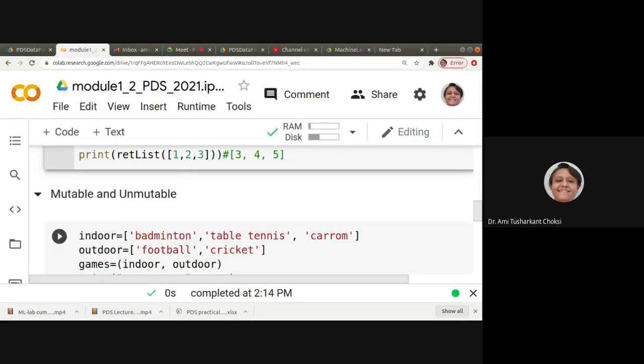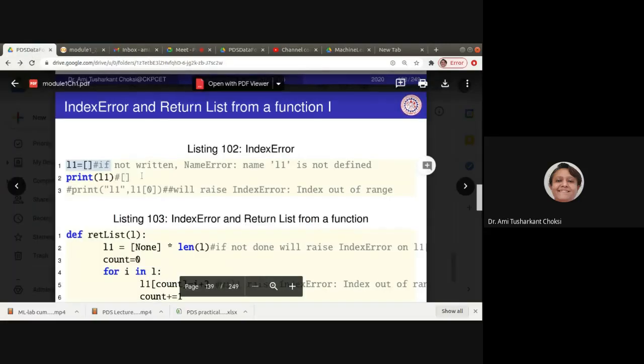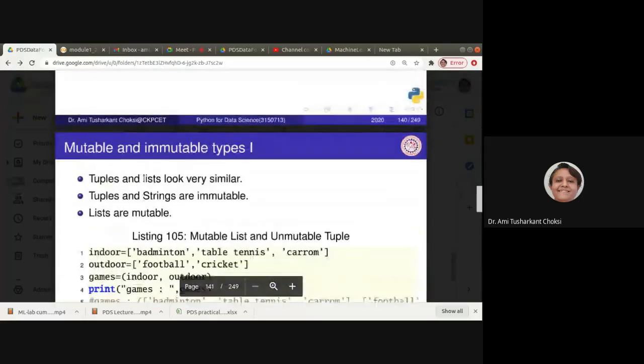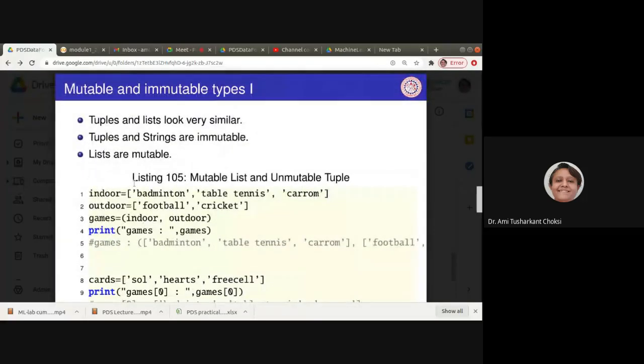Now, what do we say? List is mutable, isn't it? List is mutable. Okay, so tuples and lists look very similar, isn't it? Yes, they look similar, but tuples have parentheses and lists have square brackets.